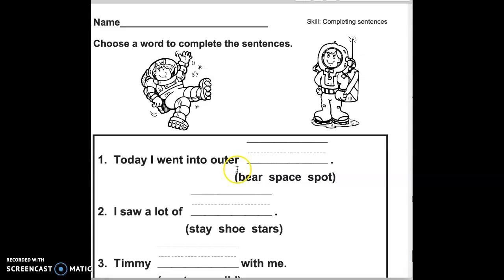Okay, outer space. So the thing is British, they're gonna pronounce a T, but Americans will pronounce just a D, some kind of a TD, outer space. Okay, into outer space. So into is like inside. So it's very confusing because you are like, well, I'm going outside in the universe, but it's like you are getting into the universe, into the outer space. I saw a lot of stars. So outer space is a noun.